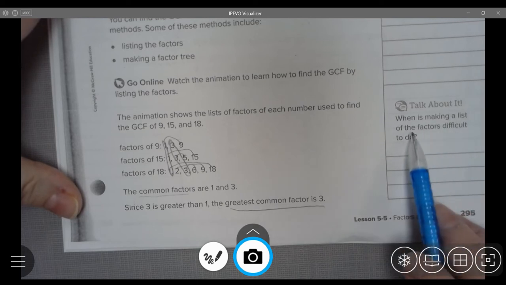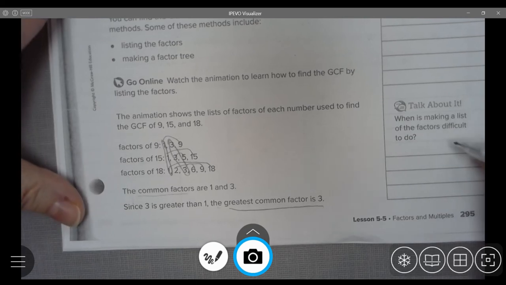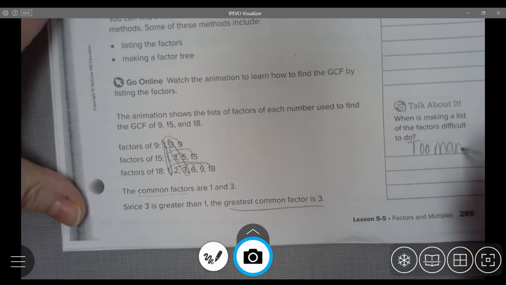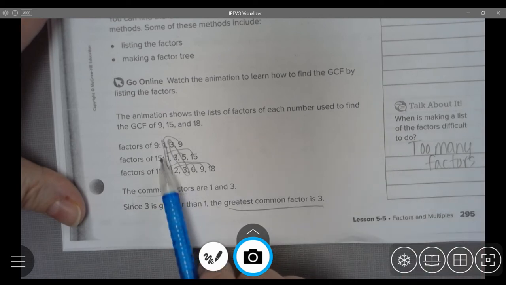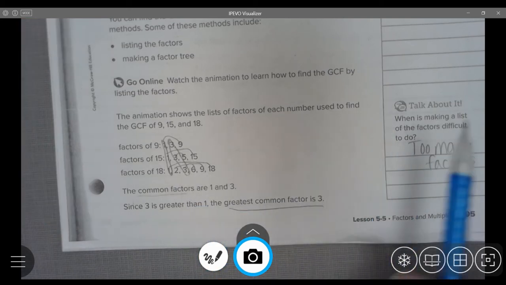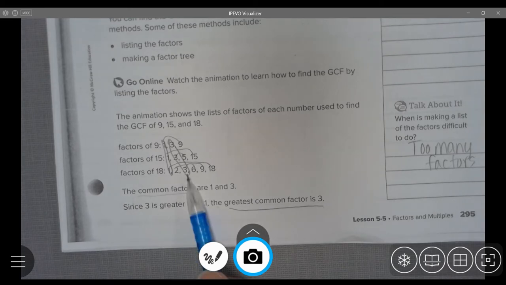When is making a list of factors difficult to do? Well, one way it would be difficult if there's too many factors. Here in 9, 15, and 18, we have 6 of them. And that's okay. We can write out the 6, but if we get beyond that and go into 10, 12, 14 different factors, then we have an issue, and this issue would be the list would be too long. Continuing on to page